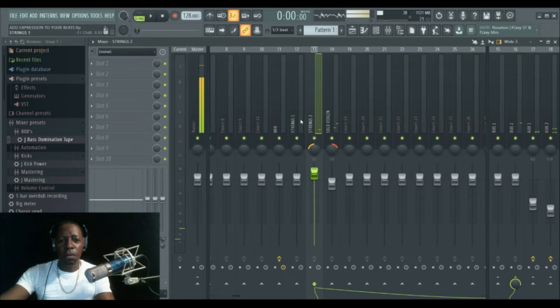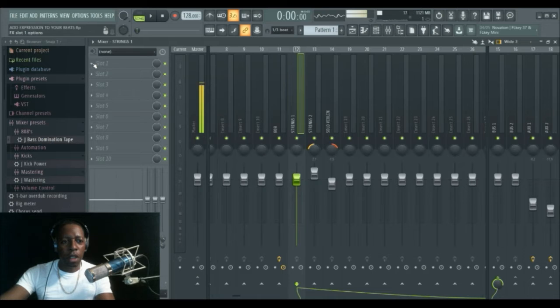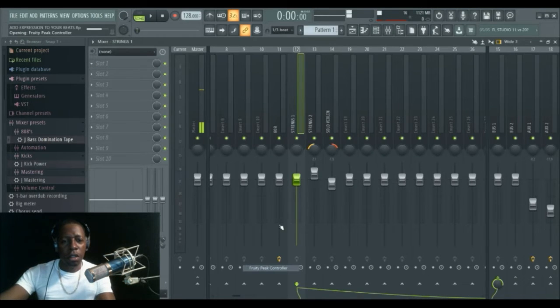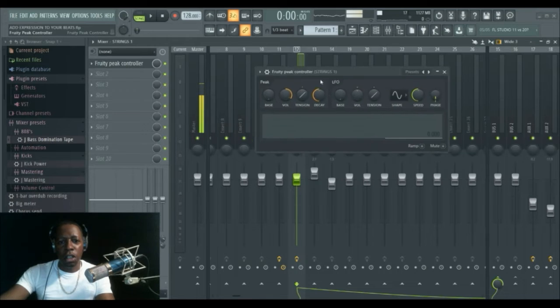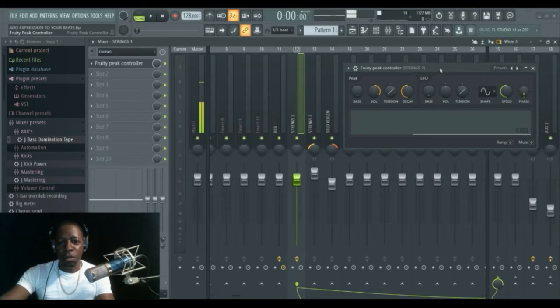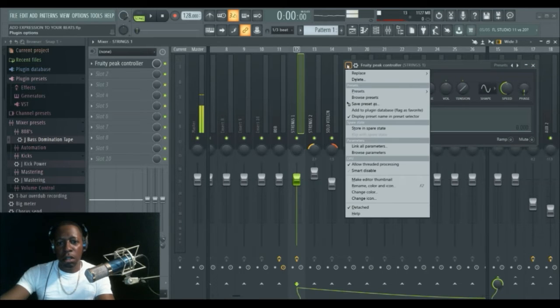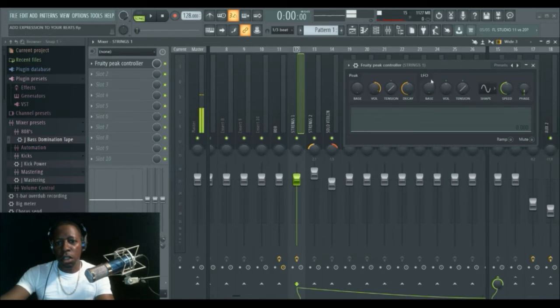Alright, now here's something else you can do too. I'm gonna bring up the Fruity Peak controller here. I'm gonna put it on the strings. I don't normally do this, but I'm gonna try it out. And okay, so we attach. And what I'm gonna do